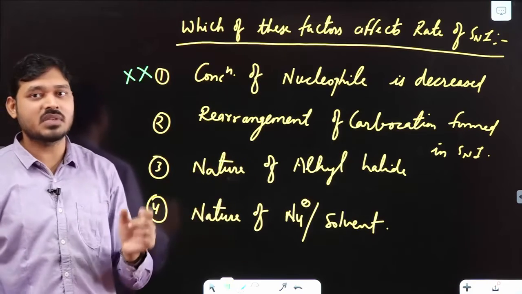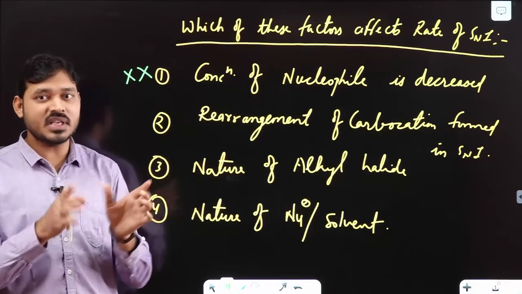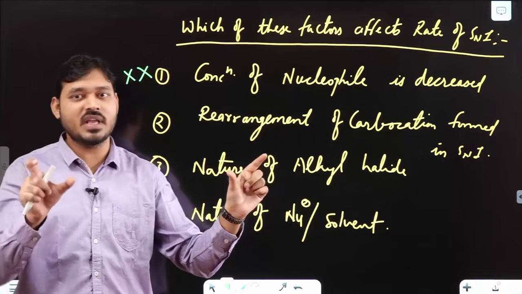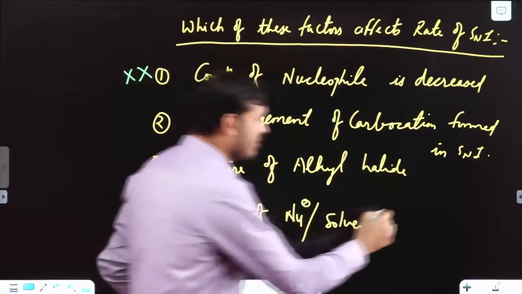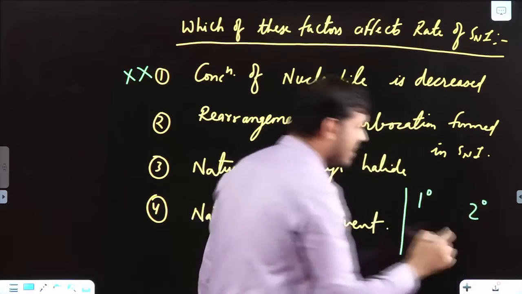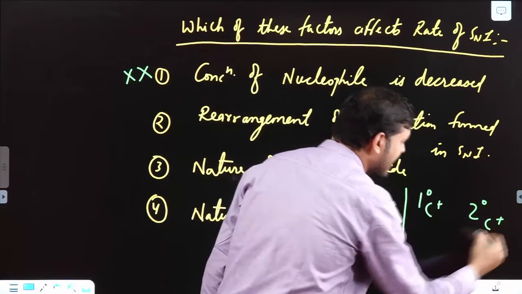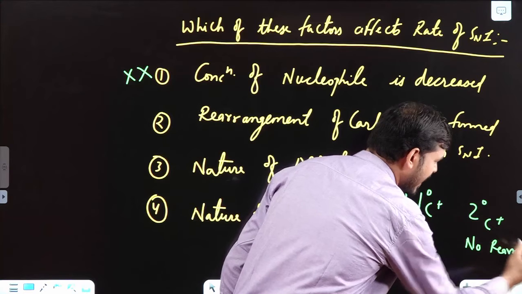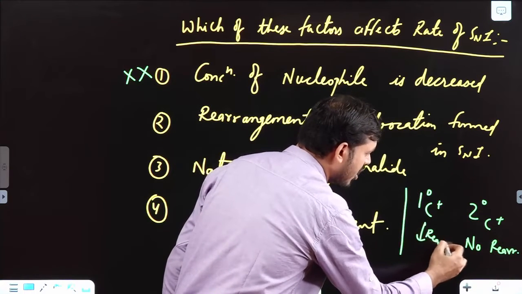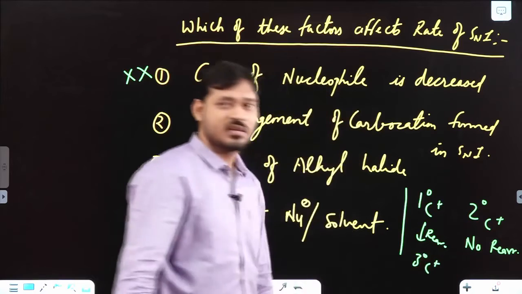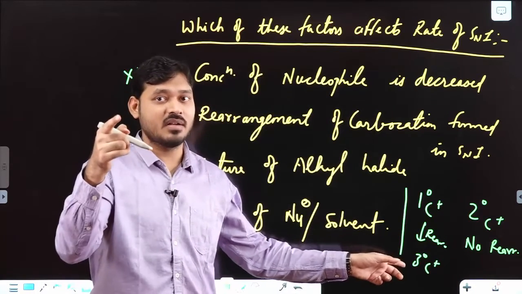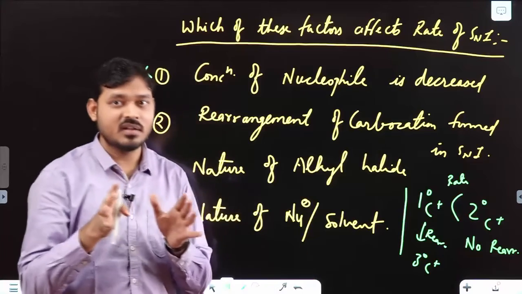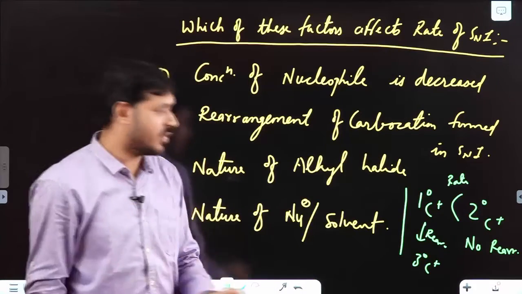I will give you a few examples where you can compare. First see which carbocation is generated. Suppose in one case a 1 degree carbocation is generated, in another case a 2 degree. Now I am just telling you one example. 1 degree and 2 degree carbocation. In this carbocation there is no rearrangement. Here rearrangement occurs forming a 3 degree carbocation. But still, if I have to say the rate, this will be the order of rate, because you have to consider the first carbocation generated. First of all, clear?